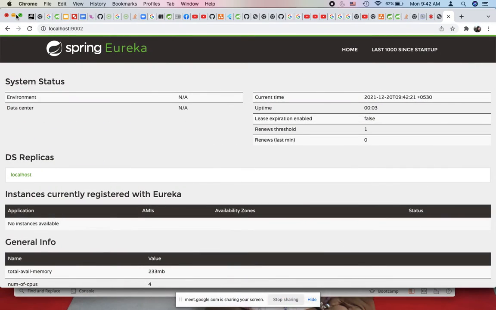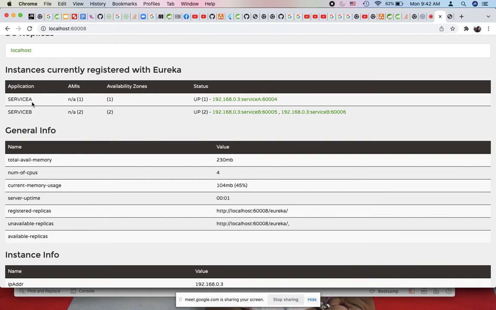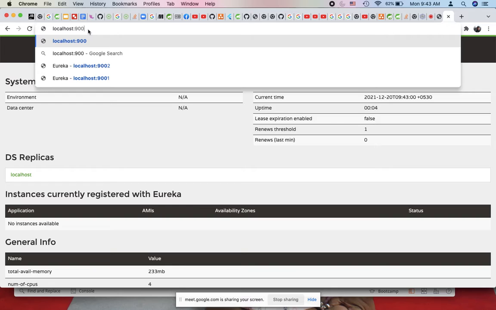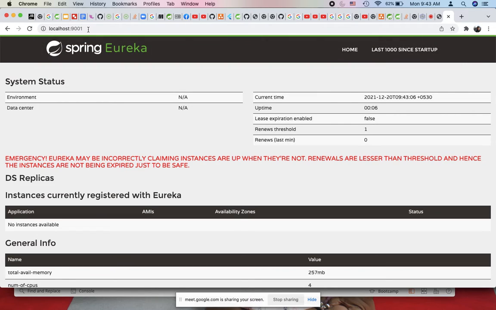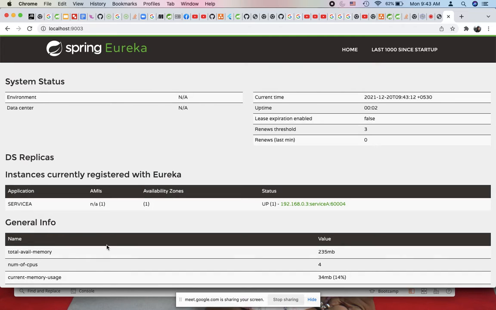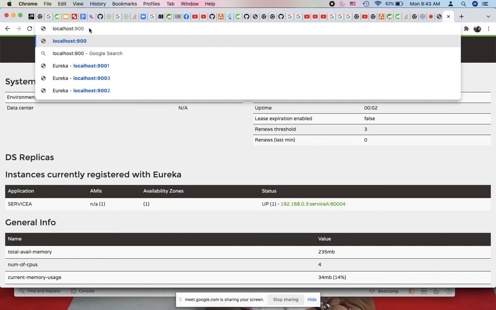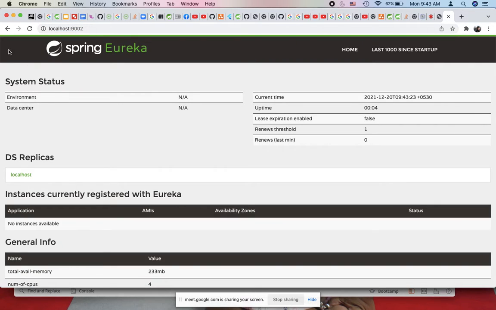Now let me take a look. In the 9002 it is showing or not. सॉरी, ये तो नहीं है. What it is saying, थोड़ा वेट करना पड़ता है. अच्छा सर, 9003 में देखो हो गया, राइट. अभी मैं 9002 में देखता हूँ इसका क्या हालत है. 2 में अभी तक नहीं हुआ,